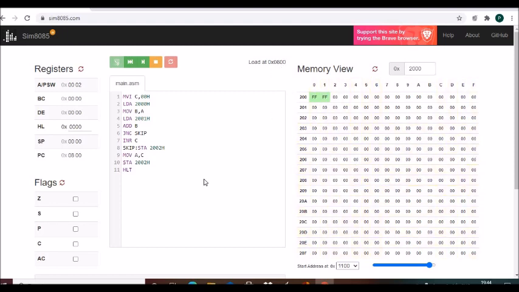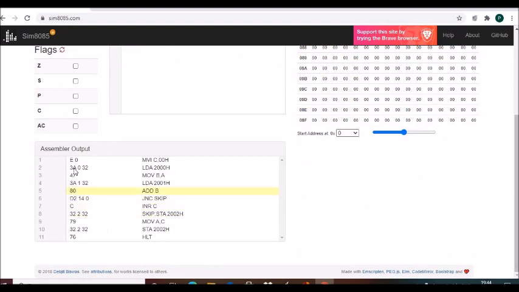The simulator is designed in such a way that if you write any program, it will get loaded into this memory location 0800. So let's see how the program is loaded in this memory location 0800. Also, you can see the assembler output.